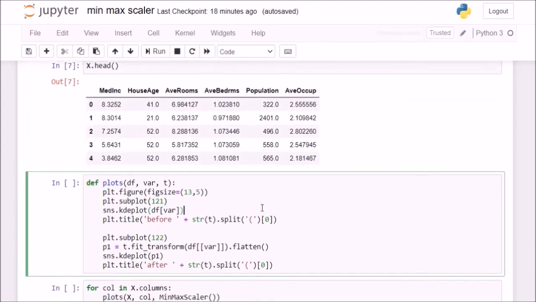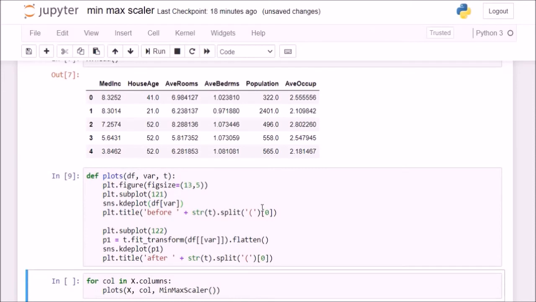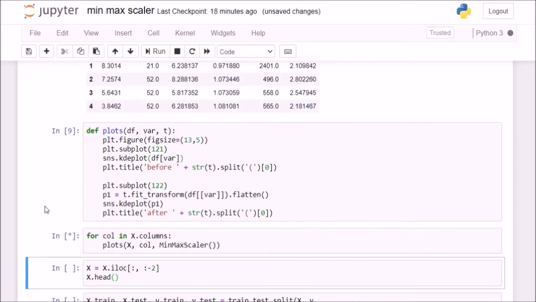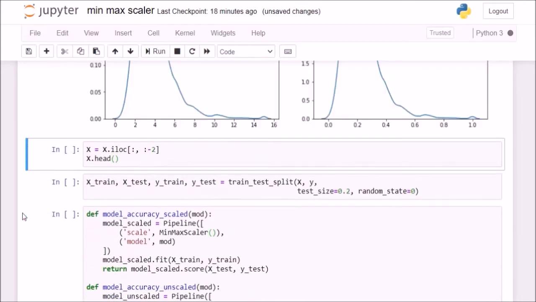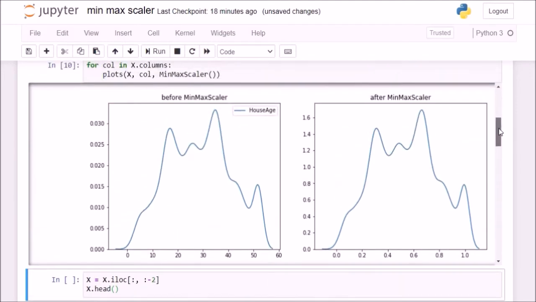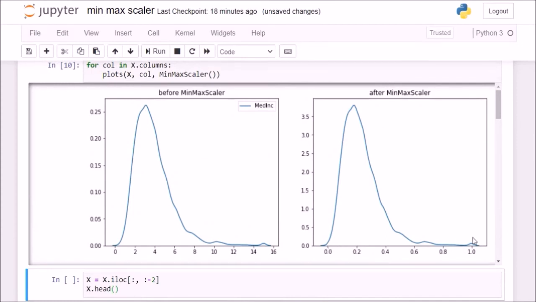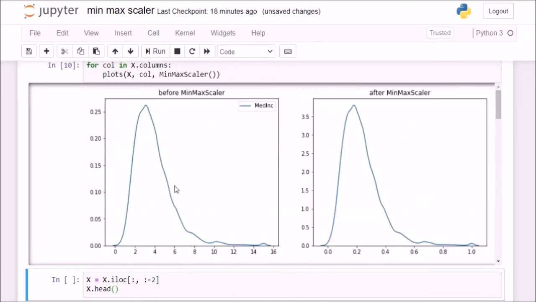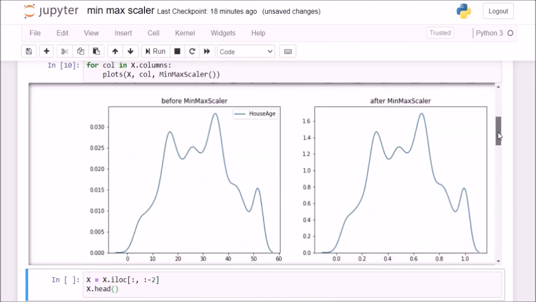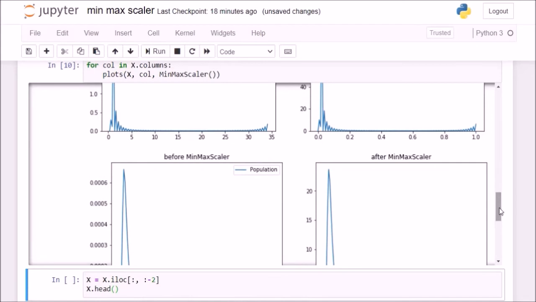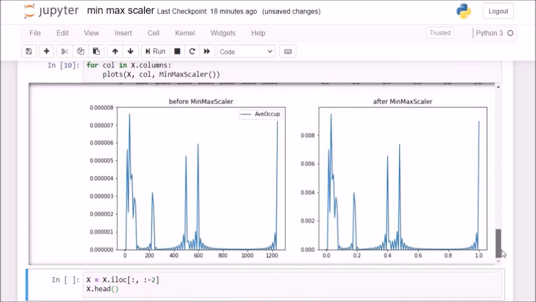Now I'll plot, similar to how I did in my previous tutorial on standard scaler, but I'll do it with min-max scaler, and we'll check if using min-max scaler makes any difference to the distribution of the variable. You see, now all of the variables are between 0 and 1 as we talked about in the lecture before. But you also see that there is no striking difference in the distribution. They are the same as before. So here as well, min-max scaler doesn't affect the output distribution of the variable.